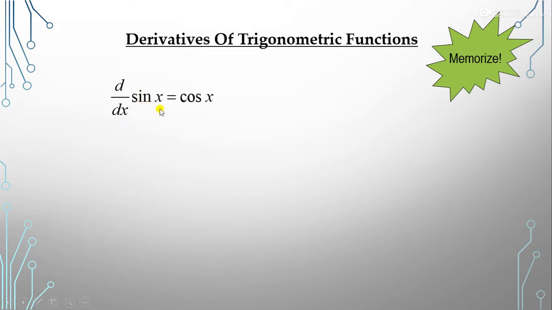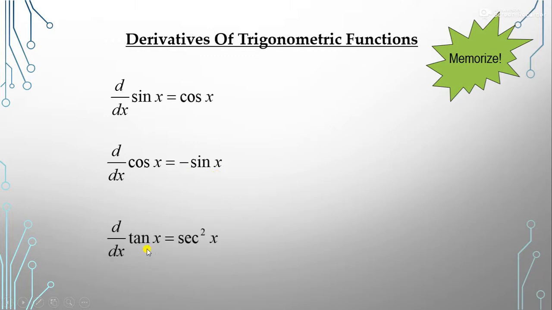You have to remember these formulas actually, like for a constant function the derivative is 0, for a linear function the derivative is the coefficient of x, like that. If we have a trigonometric function, what is the derivative of this? You have to remember these derivatives. So what is the derivative of sine x? That is cos x. And what is the derivative of cos x? That is minus sin x.